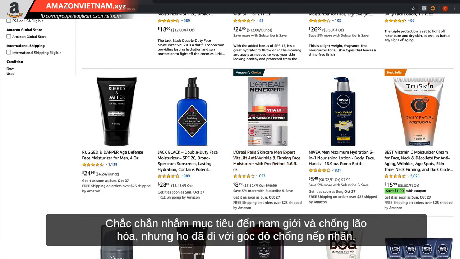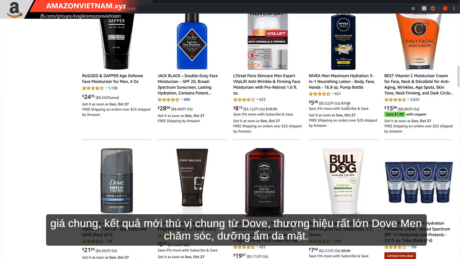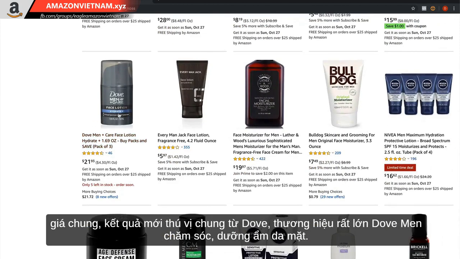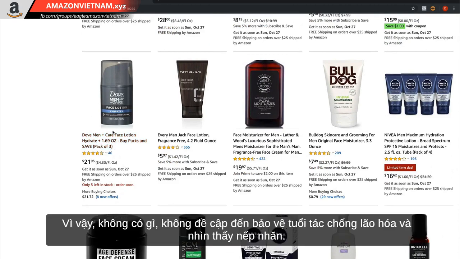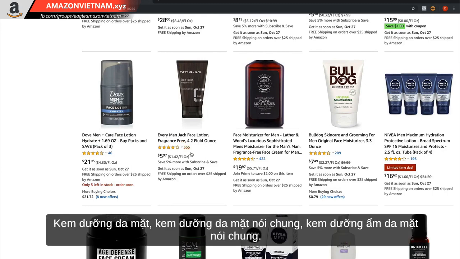definitely targeting men and anti-aging, but they've gone with the angle of anti-wrinkle. They're a huge brand, which is most likely why they have the Amazon's Choice, and we're not competing at that price. General. Interesting new result from Dove, who are a very large brand. Dove Men Care Face Lotion, Hydrate. So no mention of anti-aging, age defense, anti-wrinkle. So again, not really matching that intent. Good price point though. Face lotion, general face